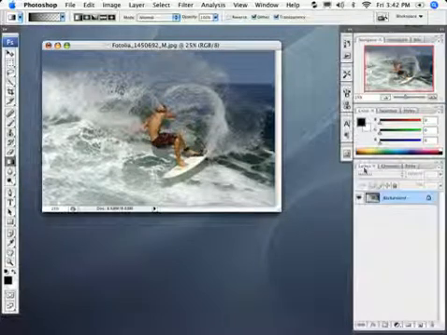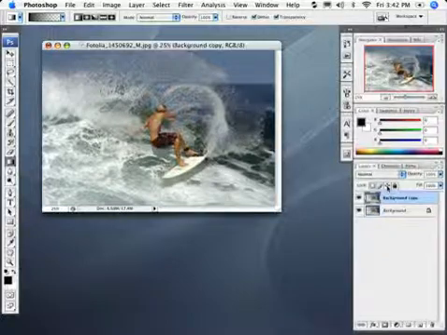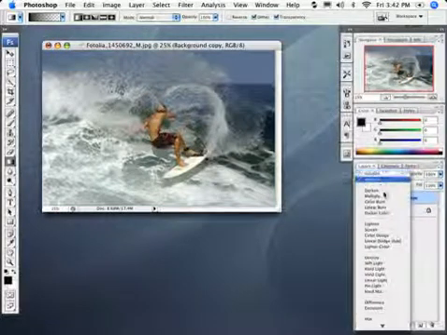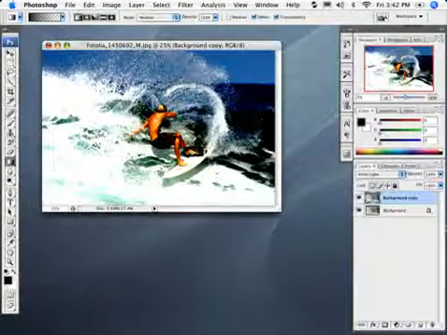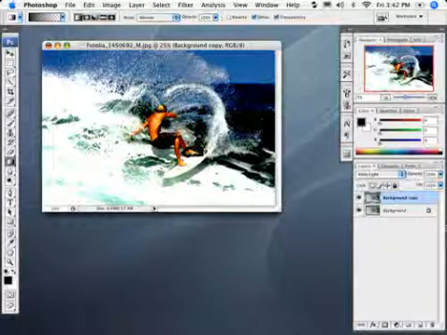What I'm going to do is go into the layers panel, and right in here we're just going to drag this down to the new layer icon and create a duplicate of that background layer. Then I'm going to change the blend mode of this layer to Vivid Light. Let's go into the blend mode menu, choose Vivid Light, and you can see right away it's giving me a really interesting effect here. It's increased the contrast as well as increased the saturation of the image,